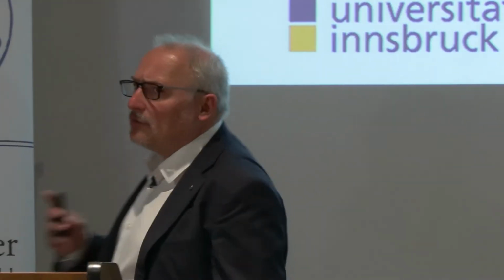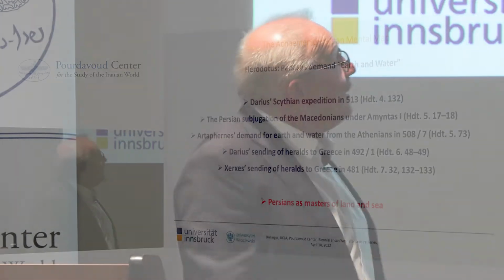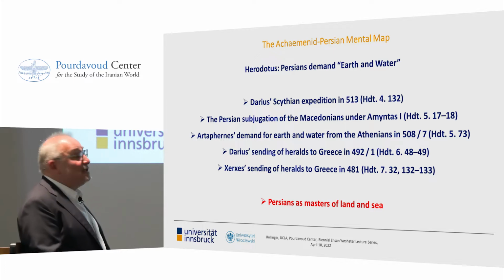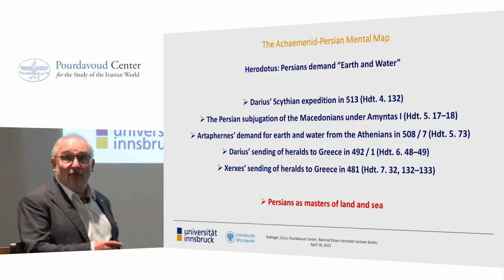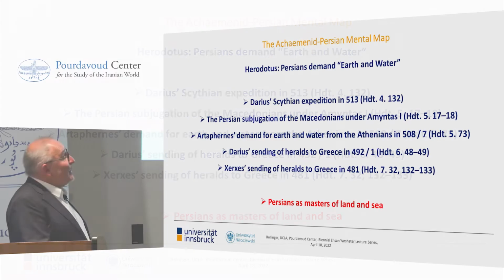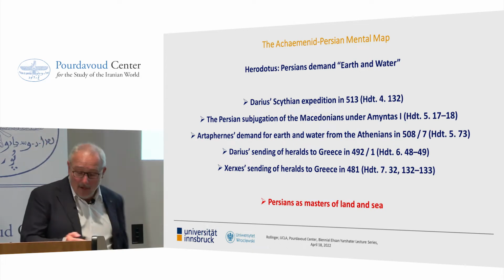And this specific control, the claim to control land and sea, is also attested by our Greek sources, of course, which are important in this context and which I did not mention so far. There are 5 episodes in the Histories of Herodotus where the Persians demand from the Greeks earth and water, so that the Greeks may accept the overlordship of the Persians, expressing this with these specific terms, earth and water,